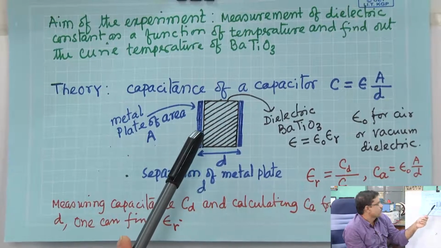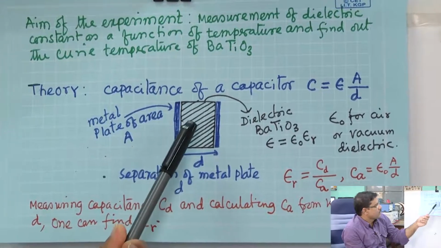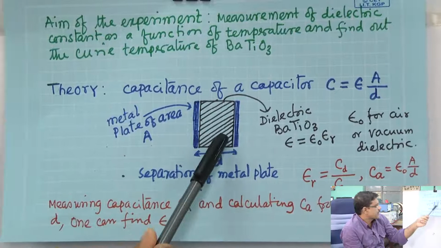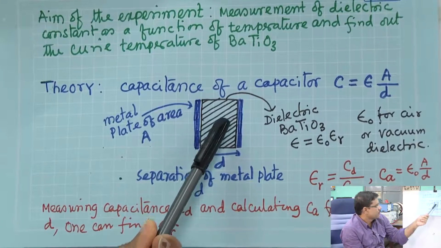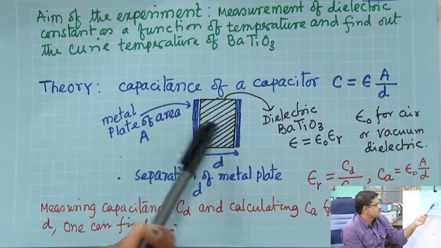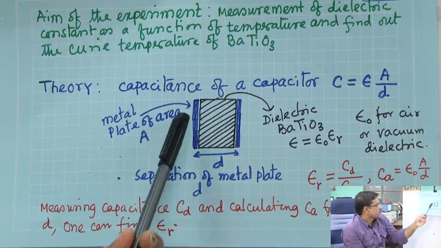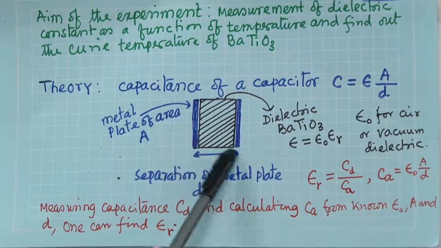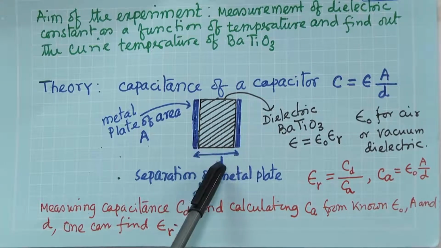We have to take a dielectric material, the black part. This is the dielectric material, and we will place it between two metal plates. So, that is basically a capacitor. Now, this capacitor with this dielectric material, if the separation of the metal plates is d